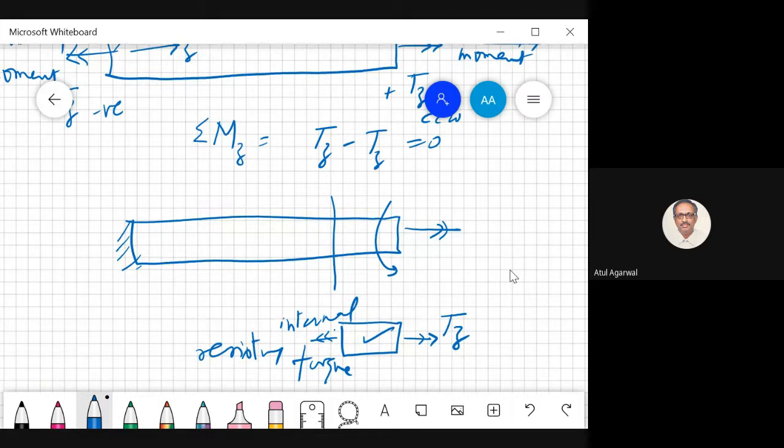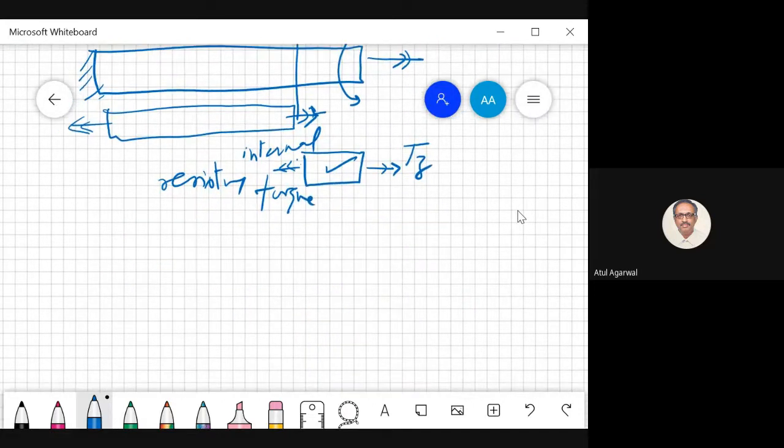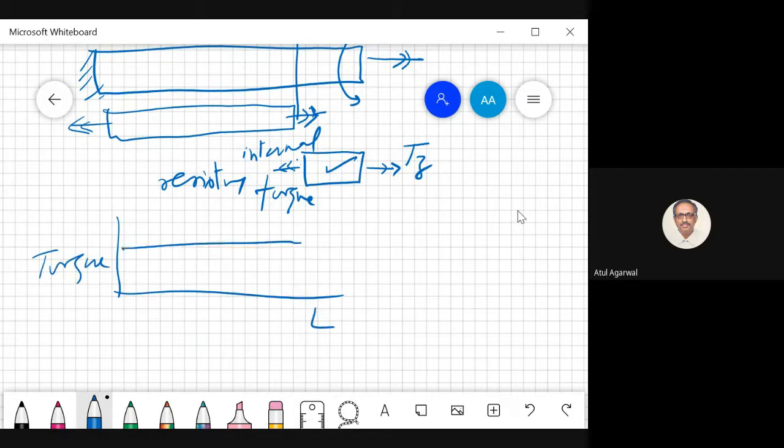Similarly, if you look at this part, you will find an equal and opposite torque. You see, Newton's third law will always work. This torque is a negative torque, this is a positive torque. And here, from the wall, you are having a negative torque. Equilibrium will always be established. So if you draw a graph between torque at any cross section over the length, it is the same everywhere. Okay.